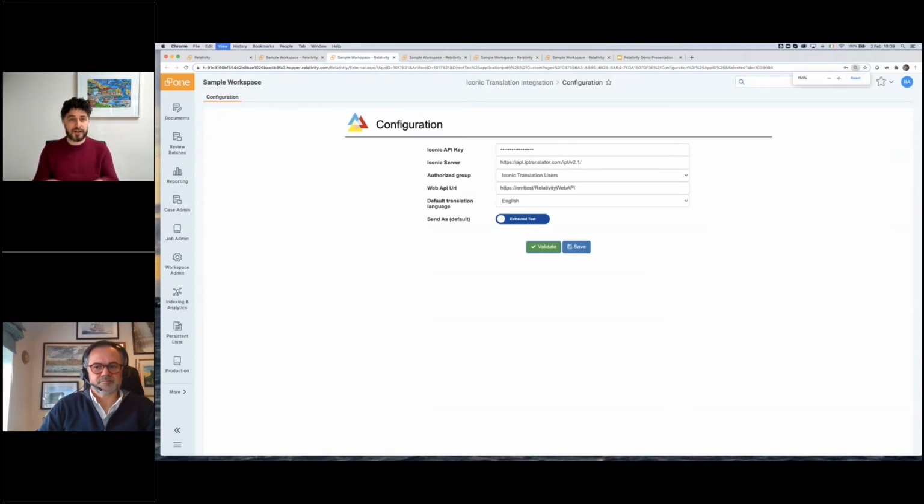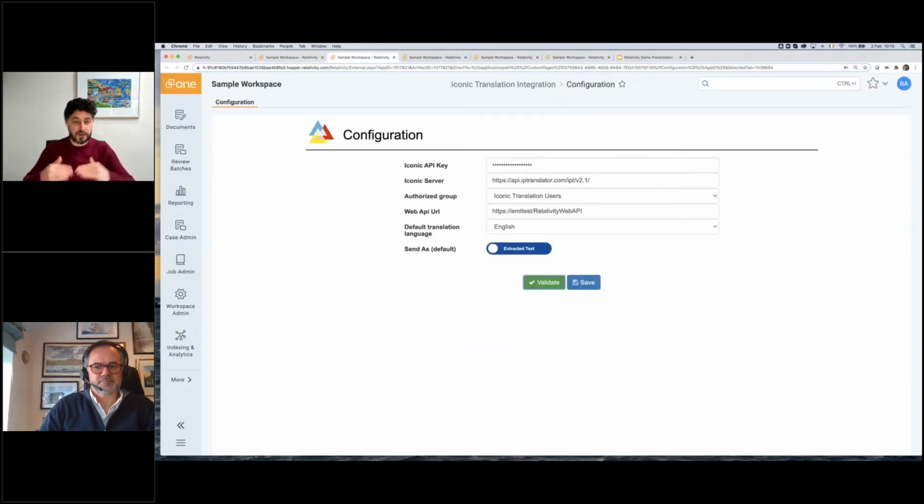So configuration, again, this is workspace specific. This is how you get the app ready to go to use and actually run translations. So from top to bottom, what you're seeing here is the API key. That is your subscription. So we can talk about commercial models later, but basically we have a subscription-based model, and that is attached to your key. You can use that subscription across all of your different matters and workspaces, and then work out how you want to do the administration of the billing later, or you could have a different subscription for each matter, again, depending completely on how you want to organize it.